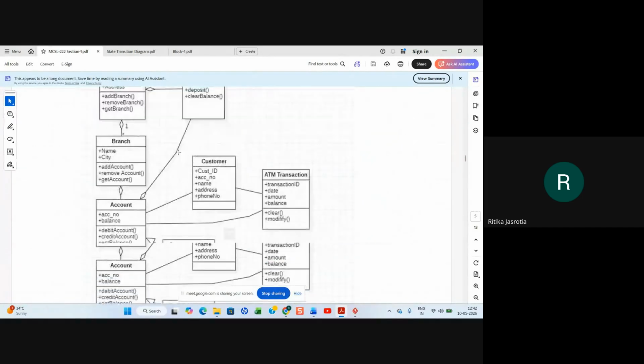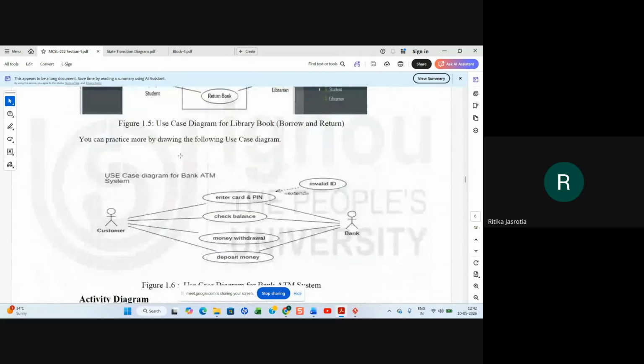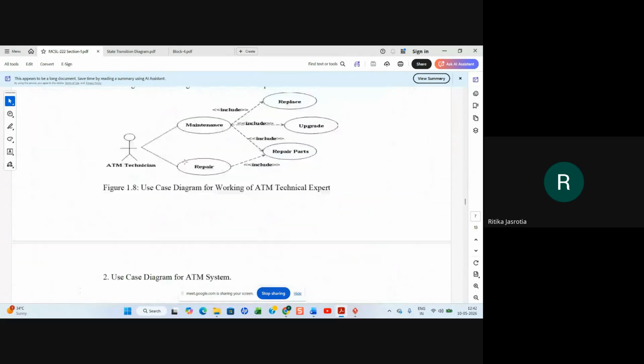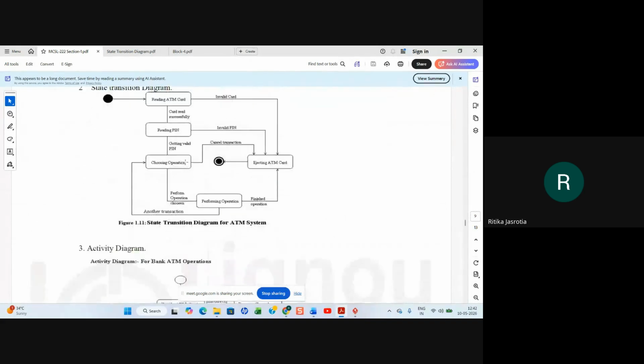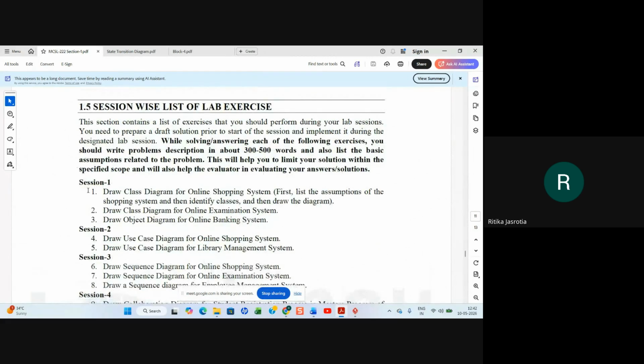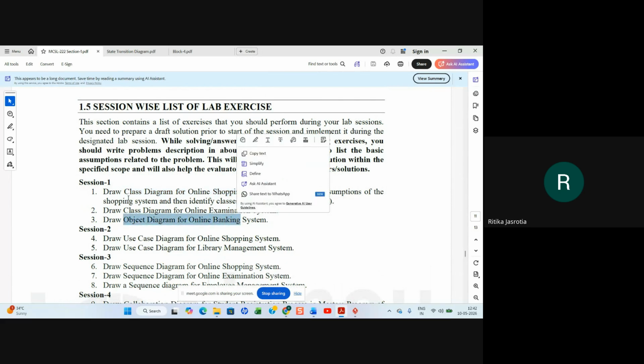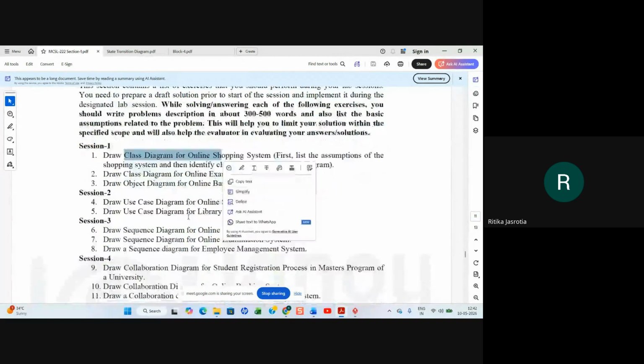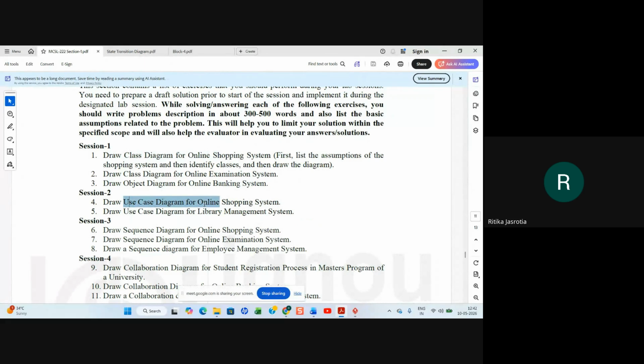If you go here, the questions we were doing right now, those questions I'm talking about. Session 1, draw any one class diagram and an object diagram. Session 2, draw any one use case diagram.